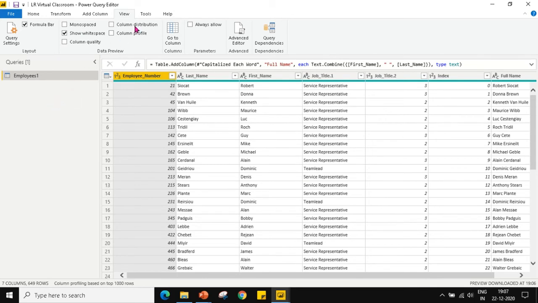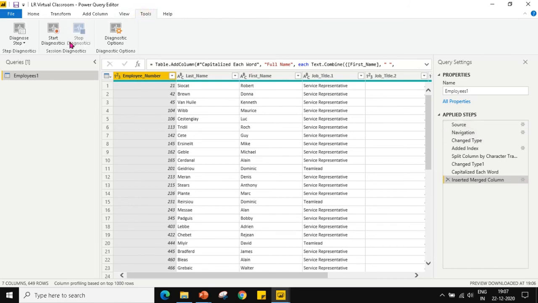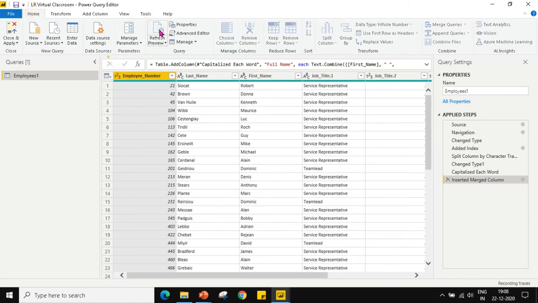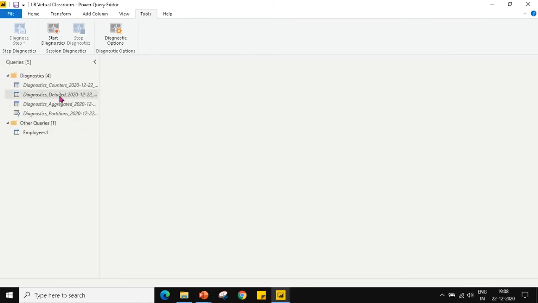Now let me show you how to do the query settings. I'm going to go here to the Tools menu. I'm going to start the diagnostics and refresh my data. Once I refresh all the data, I'm going to go to Tools and stop my diagnostics. Automatically, the steps that have been taken are displayed here.